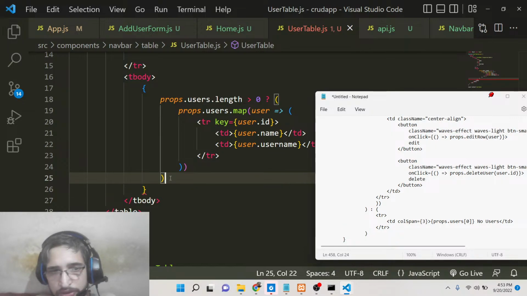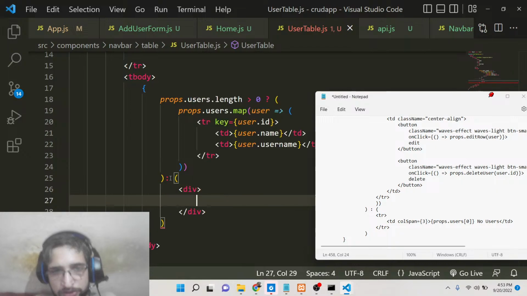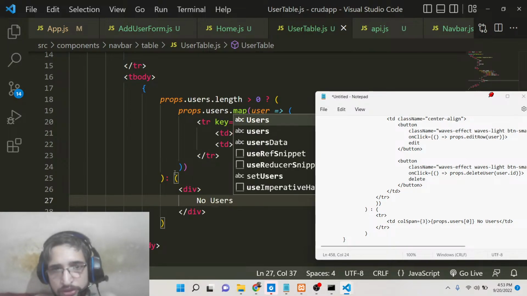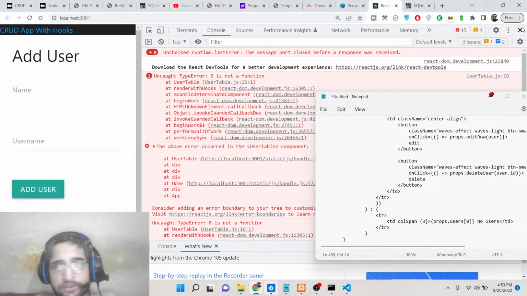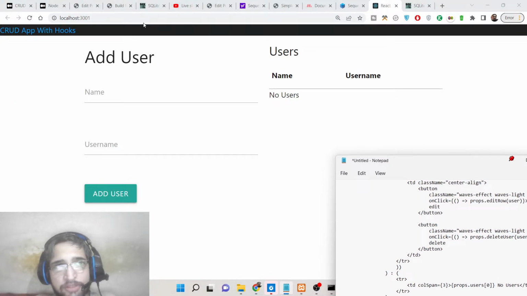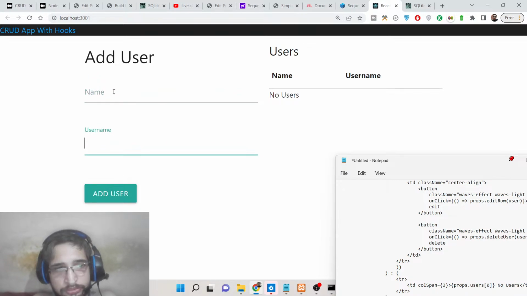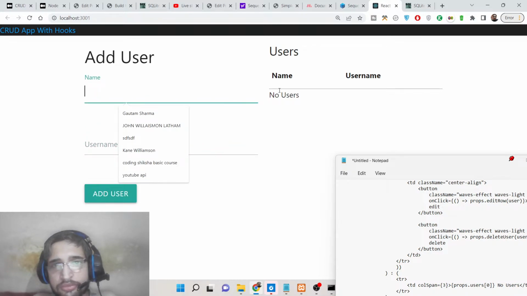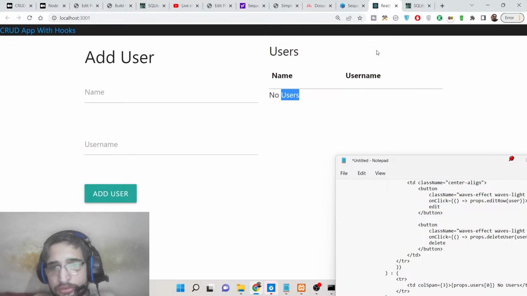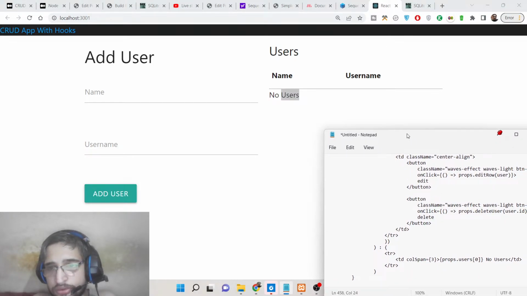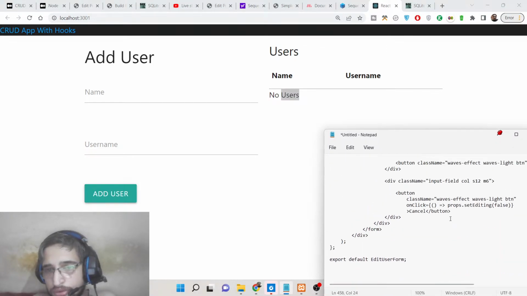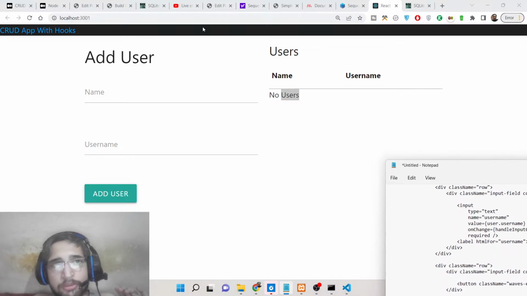Inside, put a colon symbol, and right here we will say no users are there. That's it. If you see here, now you can see that no users are present. If I add a user, let's suppose I can't enter here. Let me see what is the problem. This problem is occurring inside